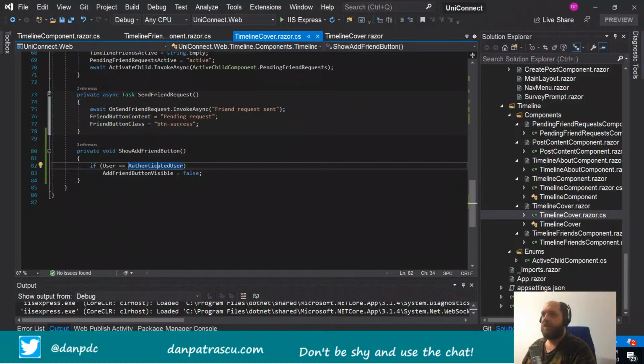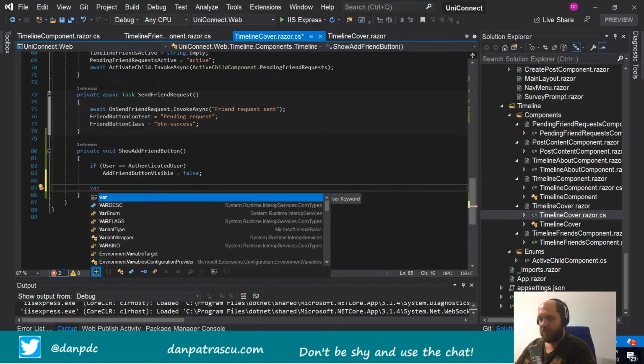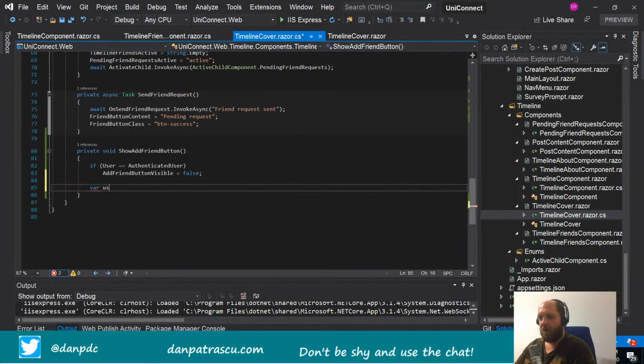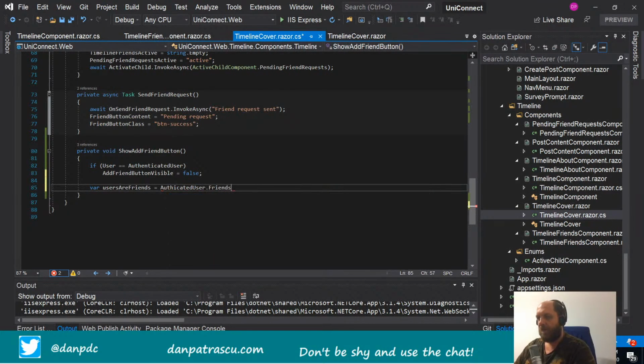So I guess we can implement here some very basic logic with variables. So if, I don't know, users are friends, and this should be something like, I could, for instance, go through the authenticated user friends, and do something like that. Authenticated user dot friends first or default,